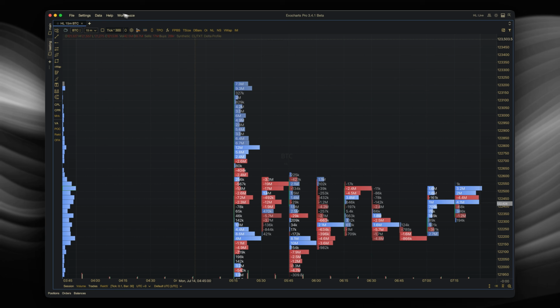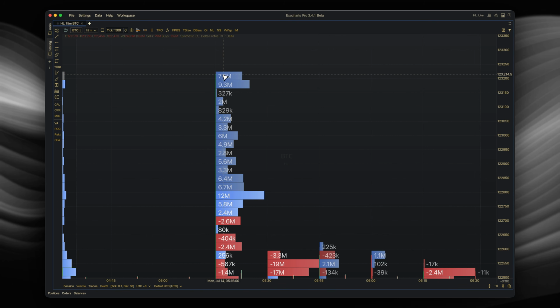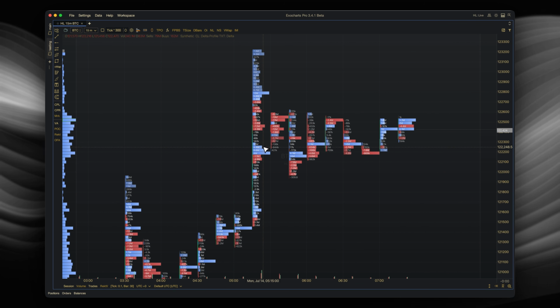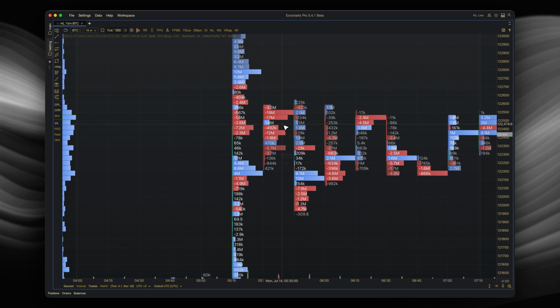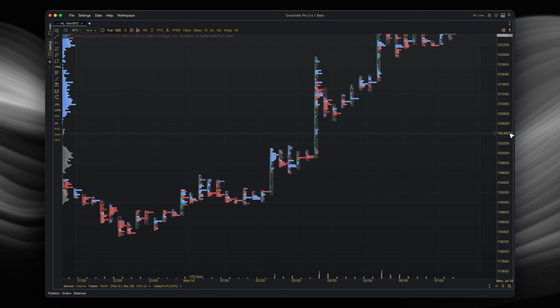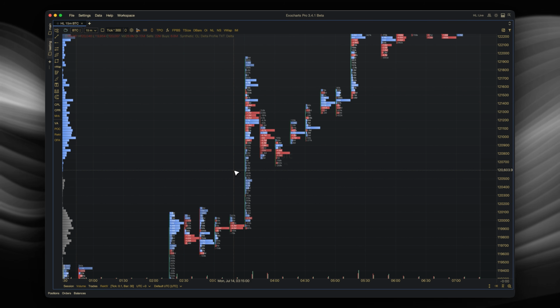If we change this to bid ask, you can see the delta. Positive, and it's shading it based on that. So where's buying going on, where's selling going on. It's really important to understand when you're looking at footprint charts that you're looking at the aggressor, so you're looking at market orders coming in. They have to be filled by the opposing side limit order, but this is what this is showing, and you're really able to identify where clusters of buying are going on,